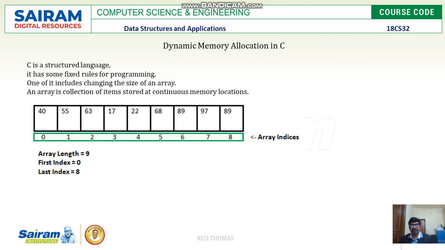So obviously the remaining spaces get wasted. One case is there is a wastage of memory. The other case is there is insufficient memory. All these kinds of things can be overcome using a technique called dynamic memory allocation. Here the memory will be allocated not during compilation time, but during run time. When you run the program, based on the demand, your system is going to allocate the memory. We are not going to plan it in advance.